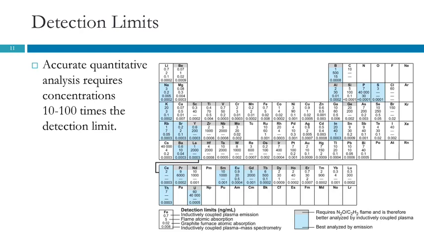Detection limits. So there's detection limits, and then there's the region where you can get accurate quantitative analysis. To get a good quantitative analysis, you need a concentration that's from 10 to 100 times the detection limit. The detection limit's going to vary by the type of instrument, and it's also going to vary for the different elements. And so this is a table